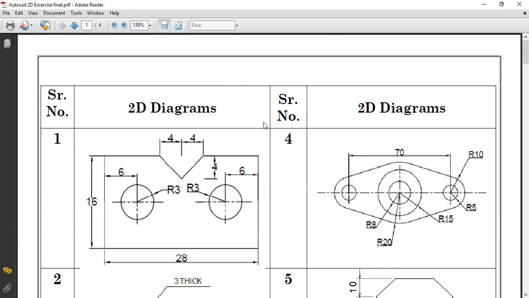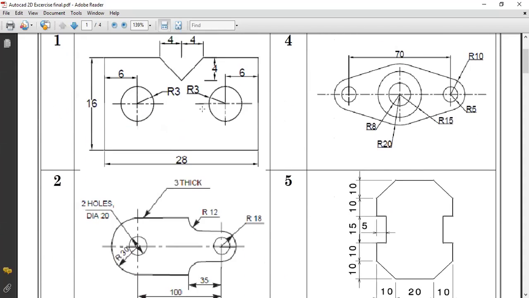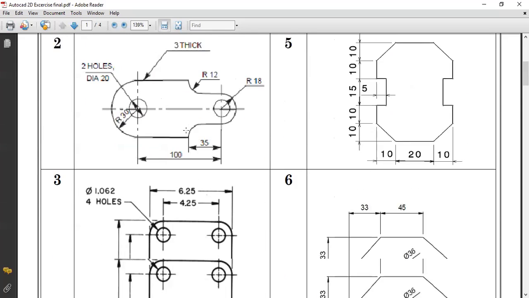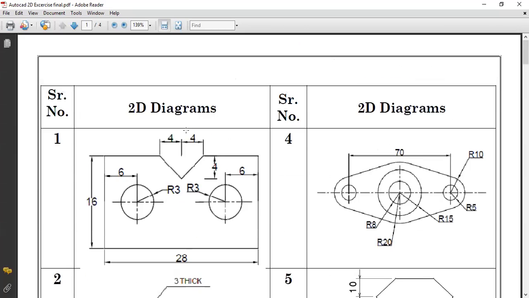Okay, many more such 2D drawings are there, so such drawings you can draw. The choice is yours. You can tell which drawing we will see. I will show the drawing from the first. Many more drawings are there.